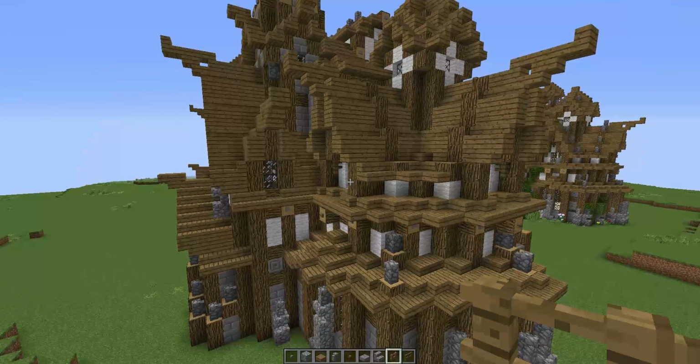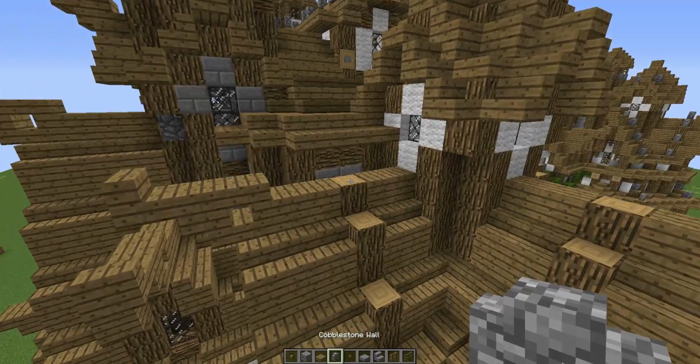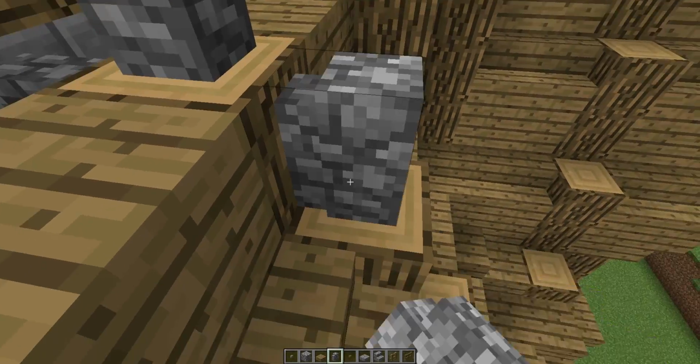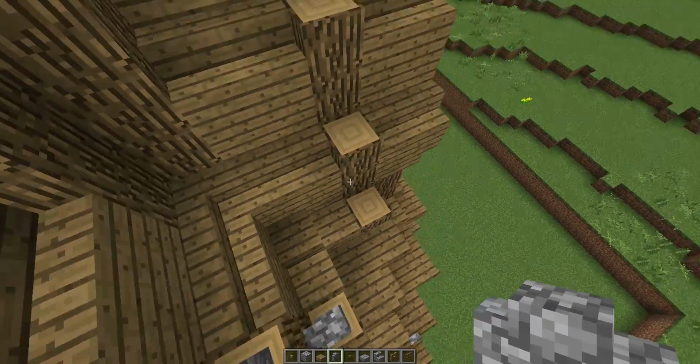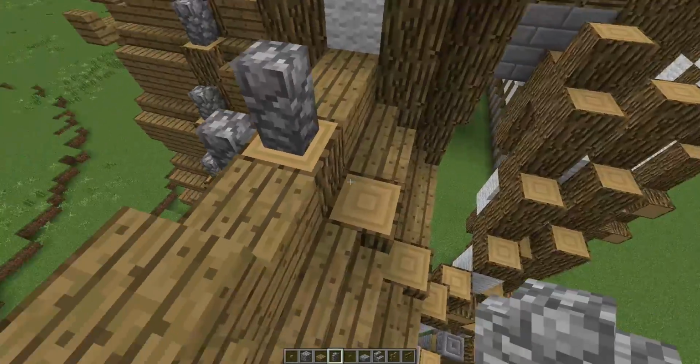Moving on to a higher floor, to the roof right here. What you want to do is to again place a cobblestone wall on top of all these logs. So one there, one there, one there, one there, one there, one there, and do the same thing on the other side as well,